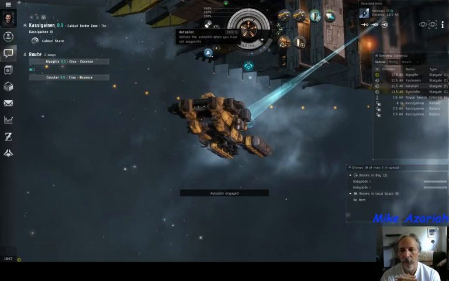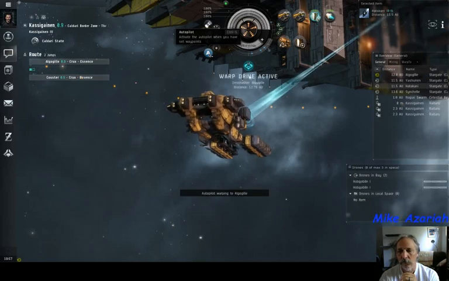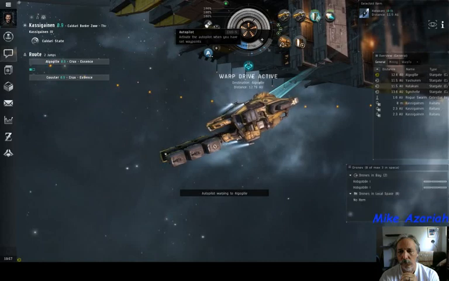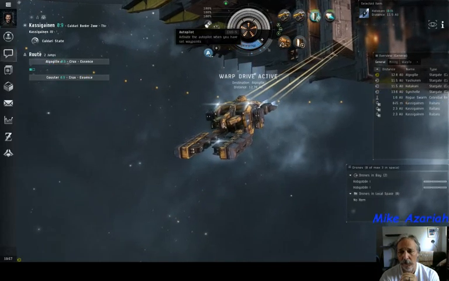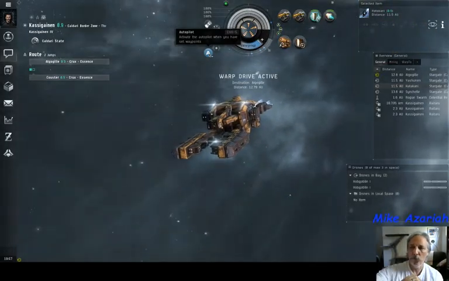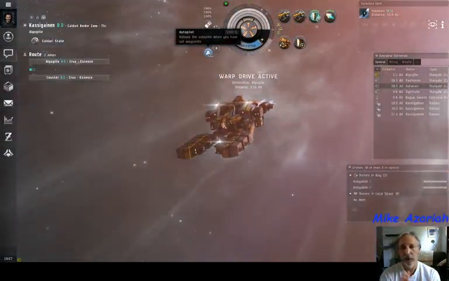Autopilot engaged. Okay, so I have the route set for going back to Coaster. Warping to Stargate. Warp drive active. It took her that long to just figure out, oh, we want to go back. Now I want you to notice we're warping to Algajil Gate to go back. And when I hit